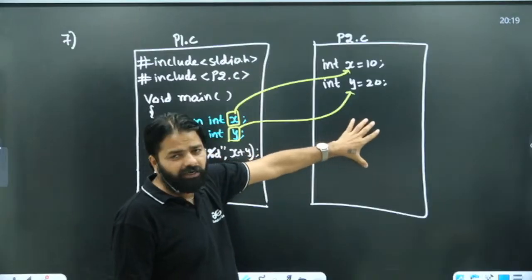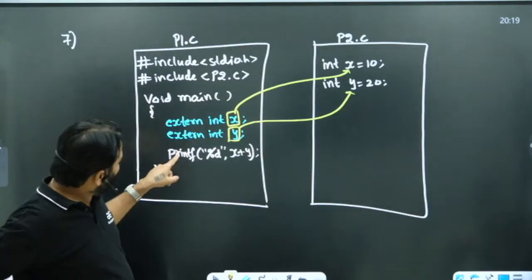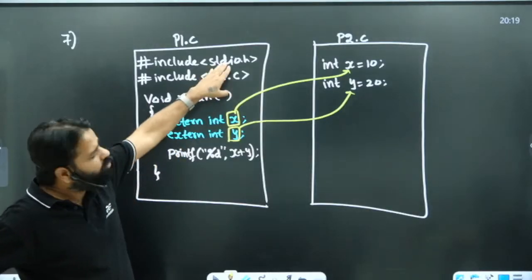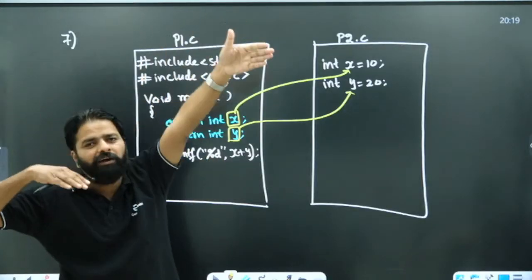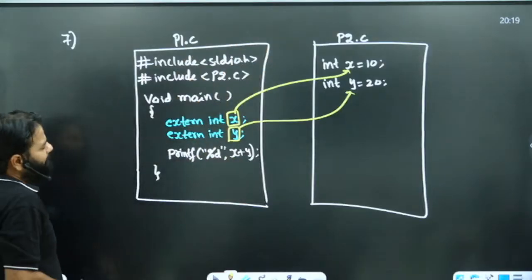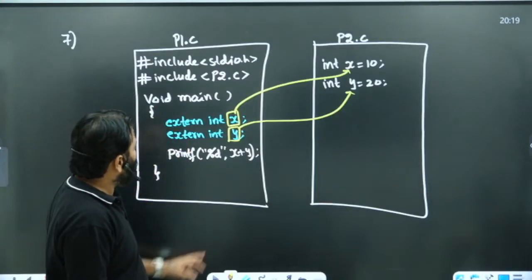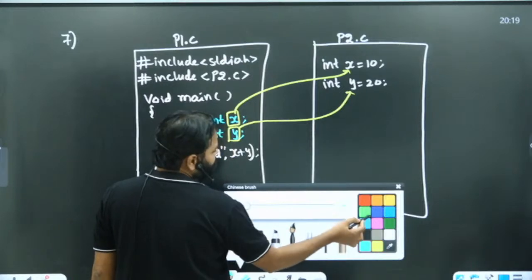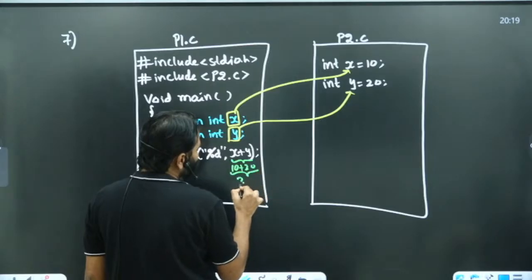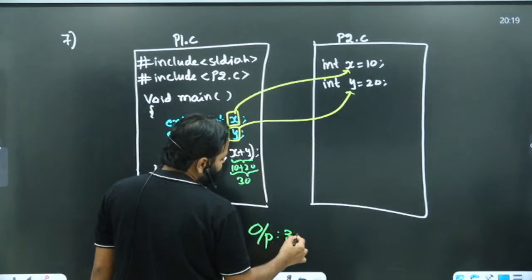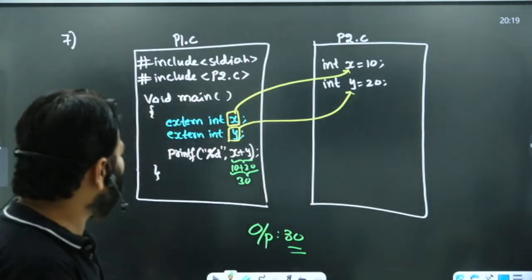If you have any function here, then if you call it directly here like printf, printf is external, printf is not defined here. So printf is there in stdio.h, and that's also only the header. So this printf is there in the library file, it links during the linking stage. Okay, so even this printf is also linked during the linking stage. Now when you print x plus y, what does it print? x is 10, y is 20. It knows now it is 30. The output comes as 30. This is how you can use the external variables.